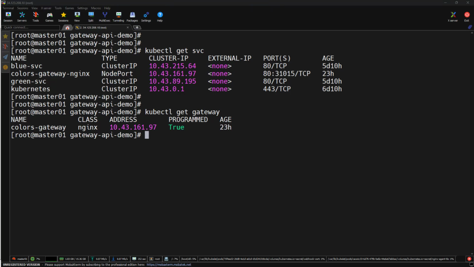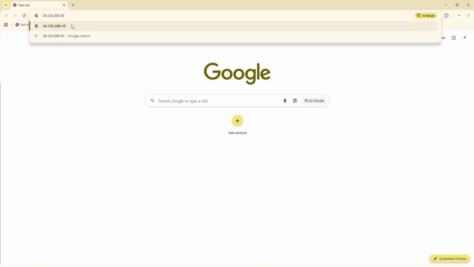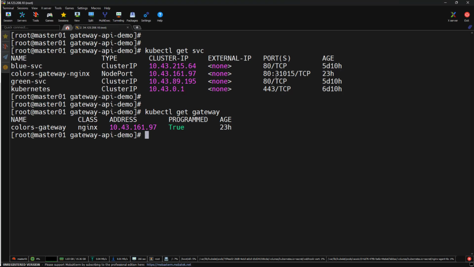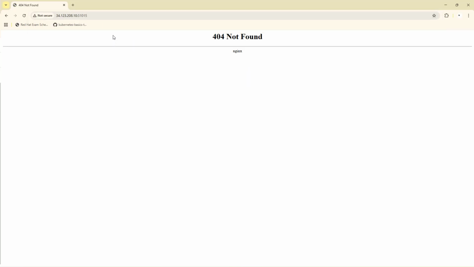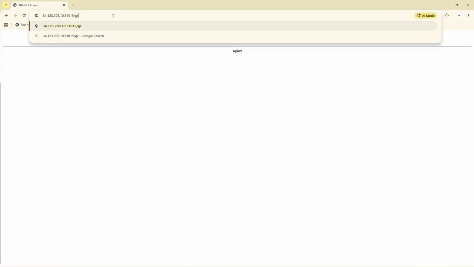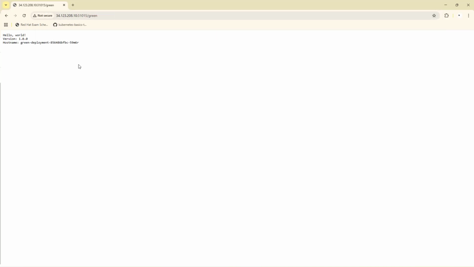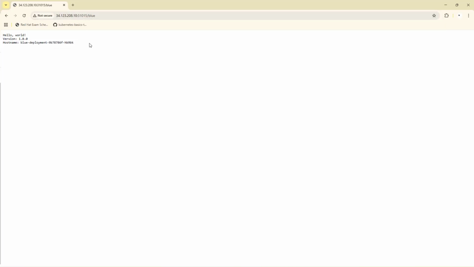So how do we access this application outside the cluster? If I go to the browser and paste the IP address and the NodePort, which is 31015, and hit enter, the application is working fine outside the cluster. But we have set path-based routing, so for that, let me give the path /green. Now we can access the application outside the cluster, and if I hit /blue,